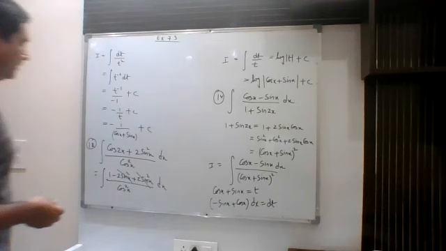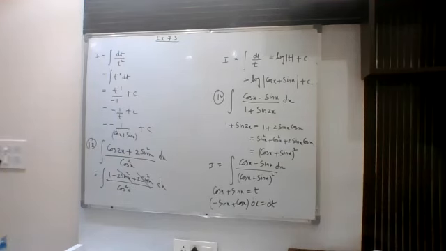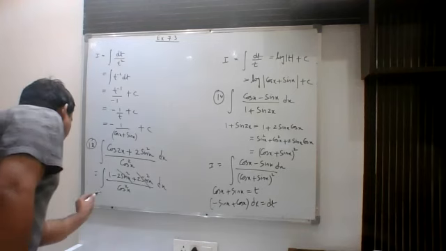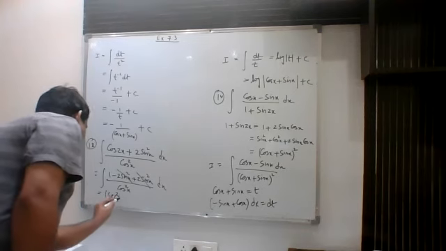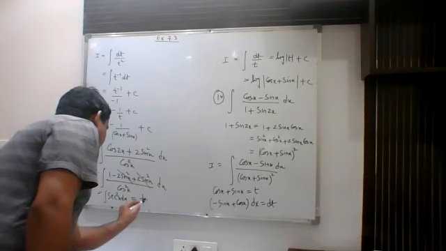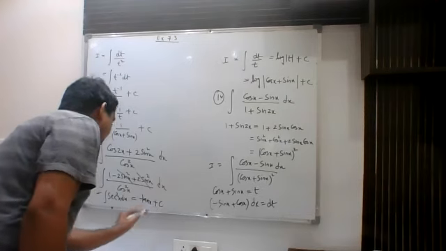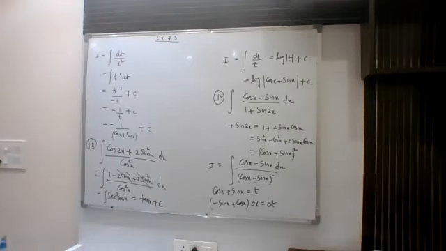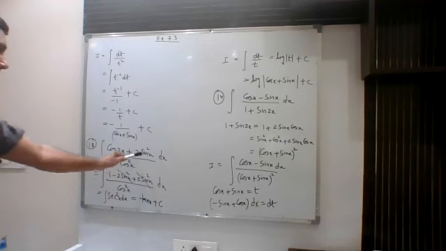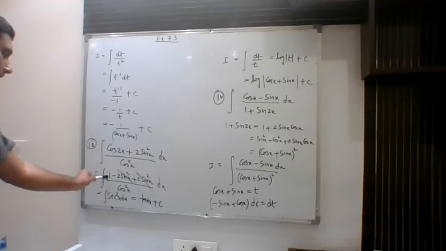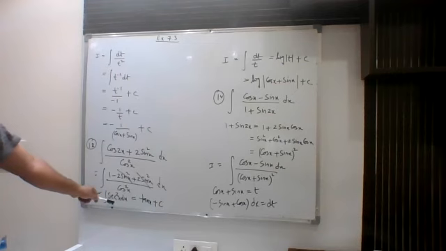These two terms will cancel out. So we are left with dx upon cos square x. Now that can be written as sec square x dx, which in turn integrates to tan x plus c. This is how we can do question number 18. What we had done: cos 2x can be written as 1 minus 2 sin square x. We copied this, these two cancel out, and we are left with 1 upon cos square x. That can be written as sec square x, and the integration of sec square x is simply tan x plus c.